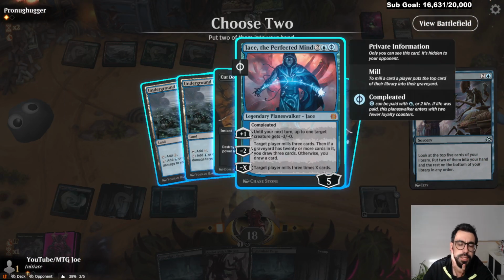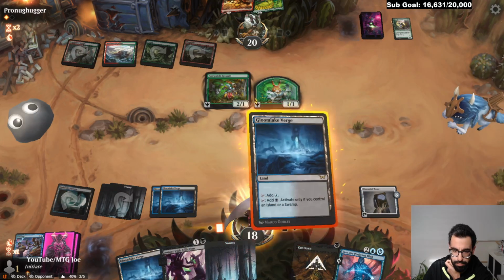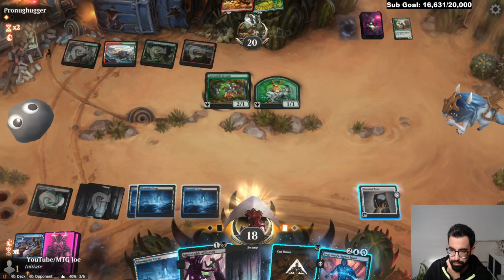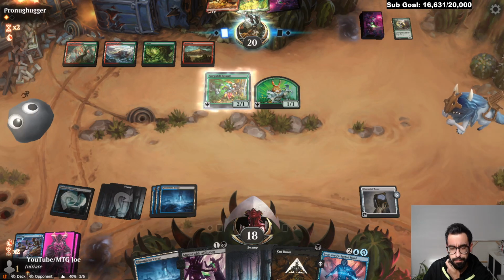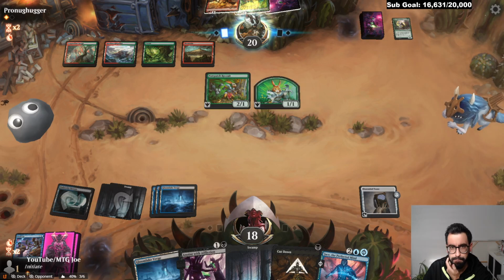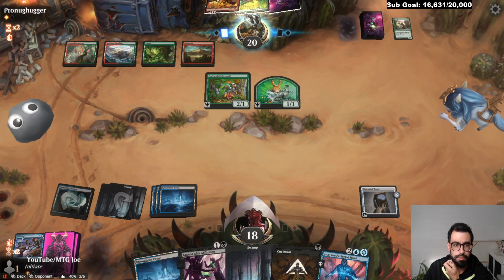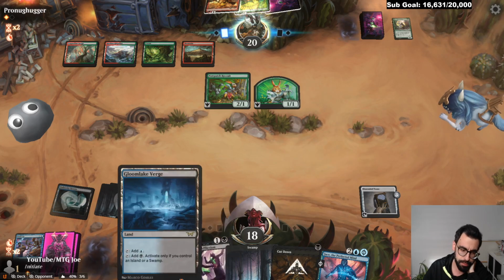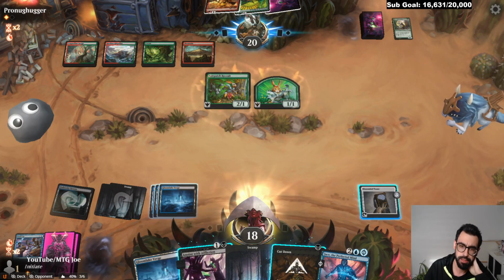Jace and Cut Down. I'll wait this turn. I don't have the mana to Ridgeline. I do want to keep this Anoint ideally for the Ridgeline. It would give me...